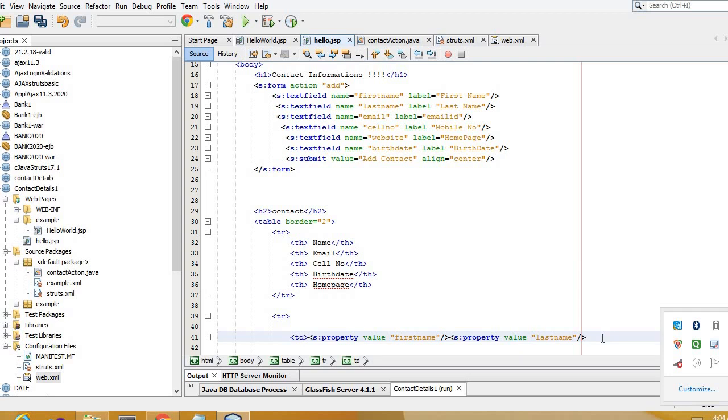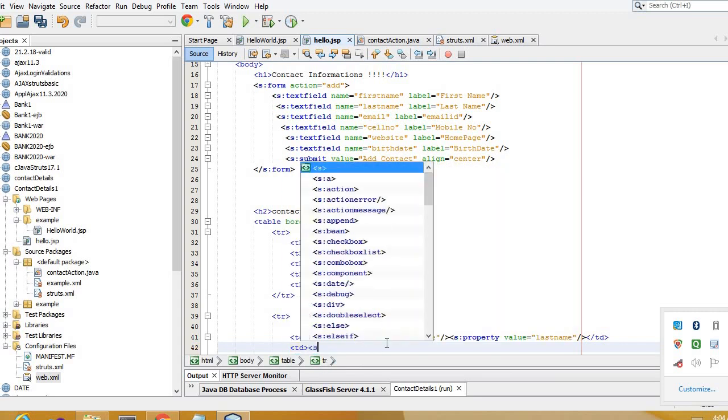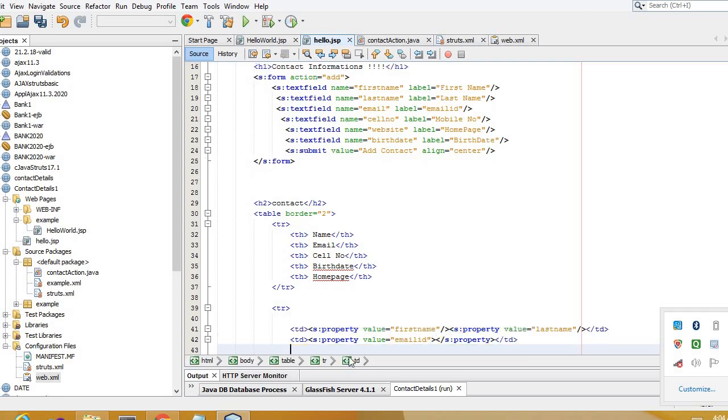Okay, so this is the end of the first table data. Then we have to get table data for s:property value is equal to email ID.